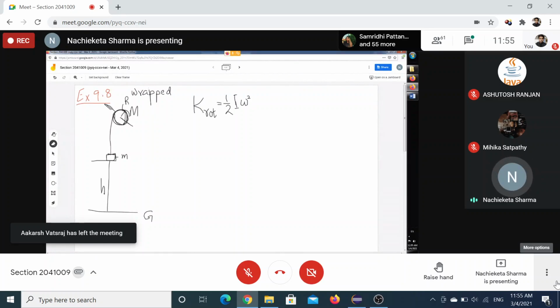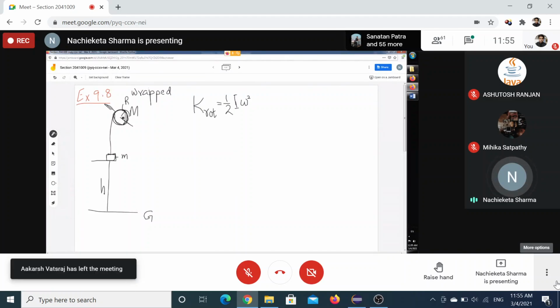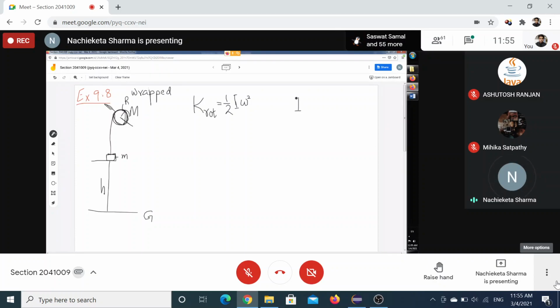This cylinder, you will see, its moment of inertia about an axis passing through its center and perpendicular to its plane is half mr square. That also you can find out, that's not a very big task. Most probably you have done it in your +2, because nobody is going to ask in your semester examination how this moment of inertia is derived. So we should not spend time in finding out how the moment of inertia of a cylinder or a disk is equal to half mr square. Just remember that I is equal to half mr square.